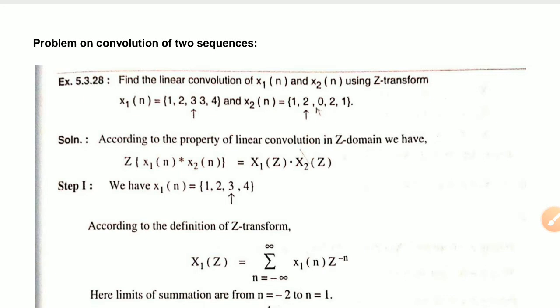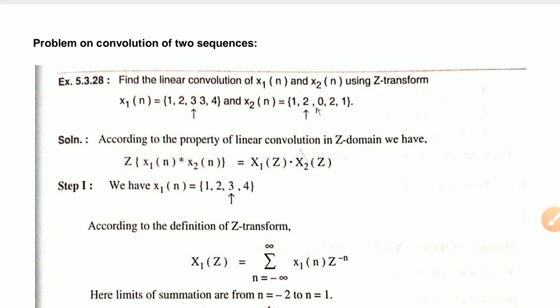Today in this session, you are going to learn one of the most important properties of the Z transform, that is nothing but the convolution. It is the most important property among all the properties of the Z transform, and please remember there is one fixed question in all the semester examinations on the convolution of two sequences, and the weightage of that question will be 7 to 8 marks.